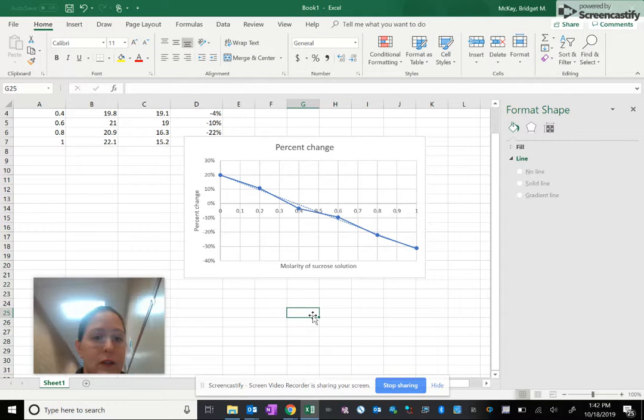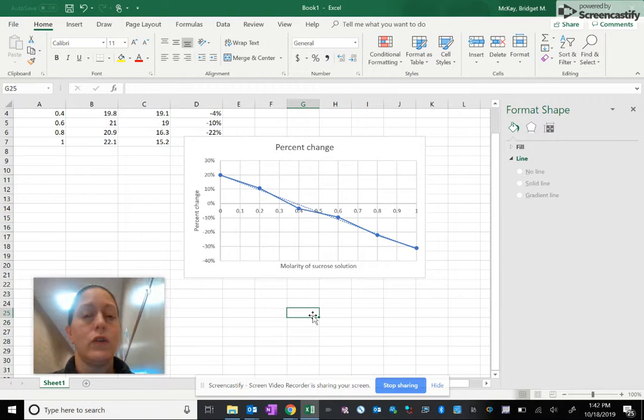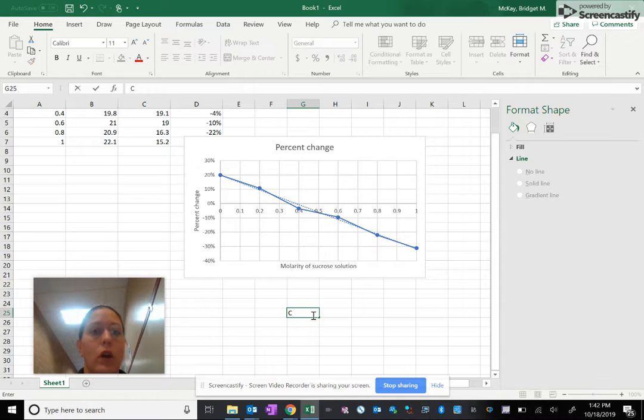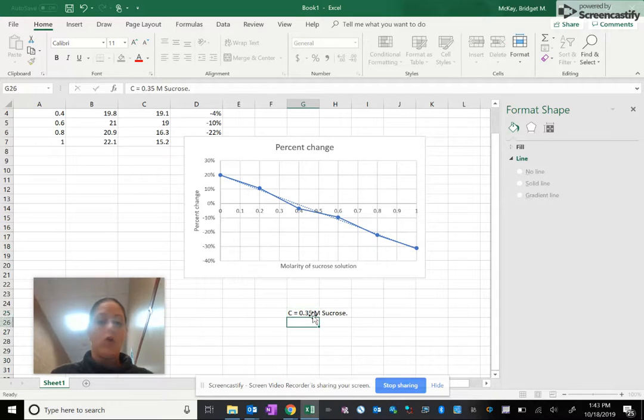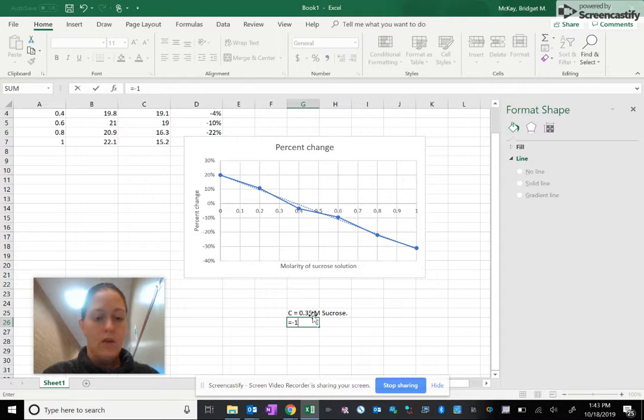Okay, so this tells me that, listen carefully here, here's the confusing part. My baby carrot would have 0% change when I put it in a sucrose solution with a concentration of 0.35 molar sucrose. So I'm going to use that information to find the water potential of the carrot. But the first thing I need to know is the water potential of the solution. And I know my equation is psi equals negative iCRT. So I'm going to type in equals negative. i is 1 because I'm using sucrose and it doesn't ionize. It's just what it is. C is that 0.35